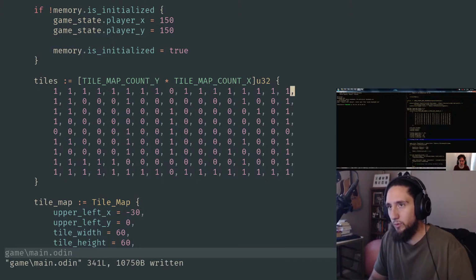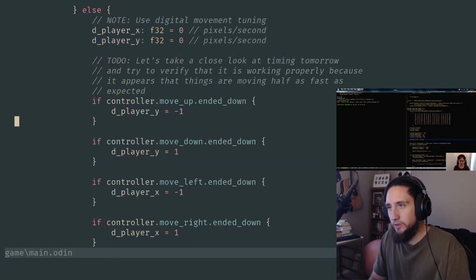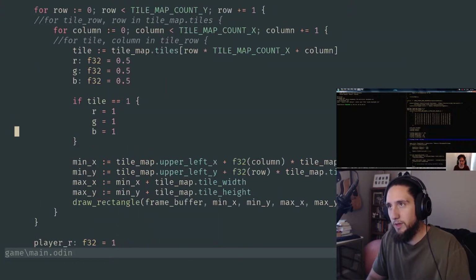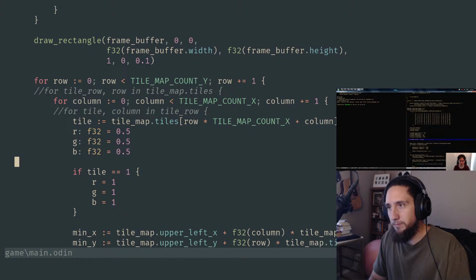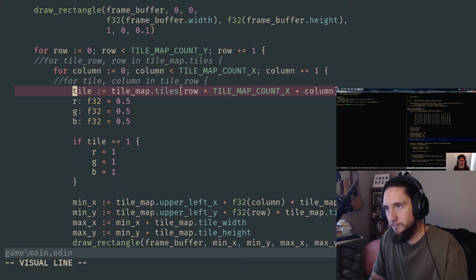We just have one long list of tile IDs that map to our tile map, and it'll look like this on the screen the way that we render it out, but it's all just one-dimensional, and then we split it up accordingly. Now, with the way this is written out now, that would work fine, I think. Yeah, because we're actually just accessing the tile map tiles